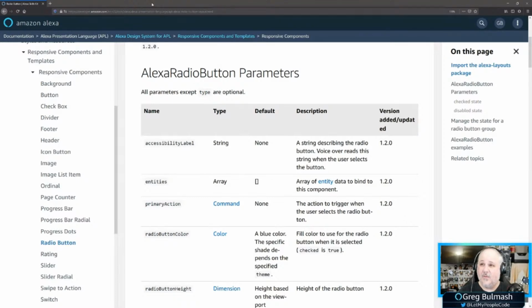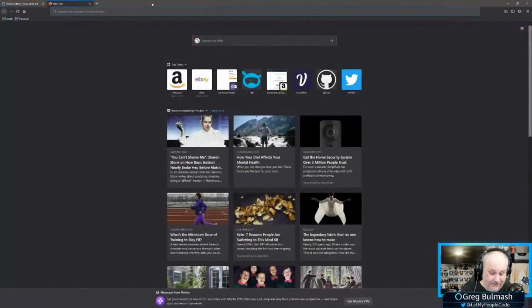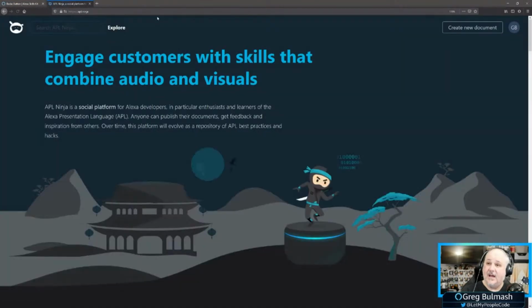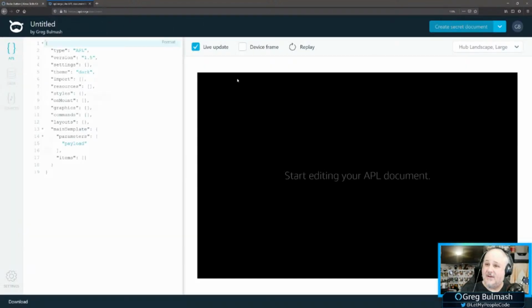In general, while APL Ninja is really, really super easy to just quickly start a document and try a few things out, and boom, you're there. This is one of the things I love about this.